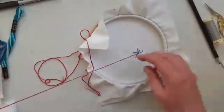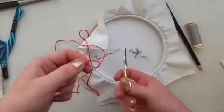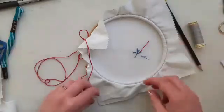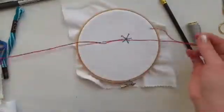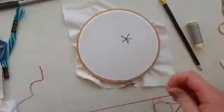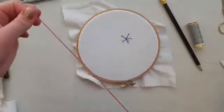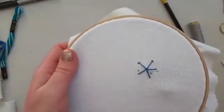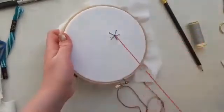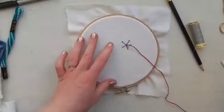So what I think I'm going to do, because that's not essential, is just chop this off. I wouldn't recommend this, but considering you might not want to watch me entangle thread for about 10 minutes, I've just chopped that off. So my length is slightly smaller now, and I need to recreate that knot in the back of the thread. So take 2, back up in that hole, pull it all the way through,